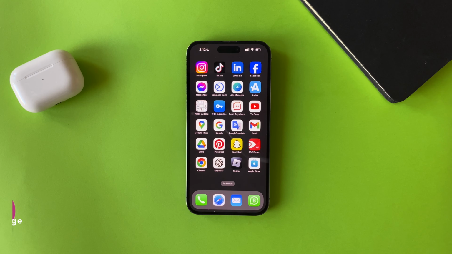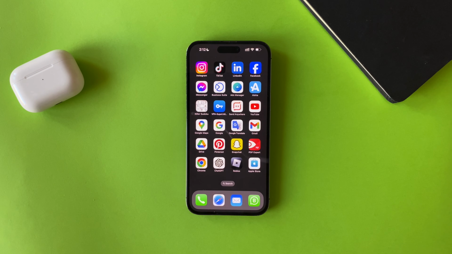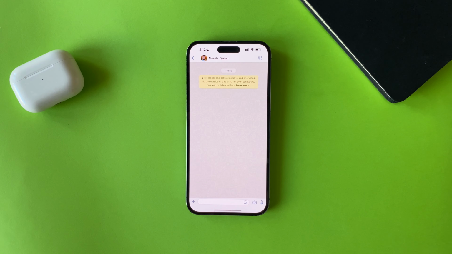Hi everyone, in this video I will show you how to send a PNG image with a transparent background on WhatsApp. Let's get started. So all you have to do is to open WhatsApp, open the conversation that you want